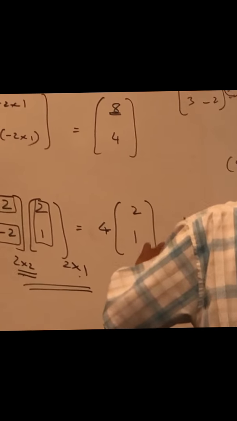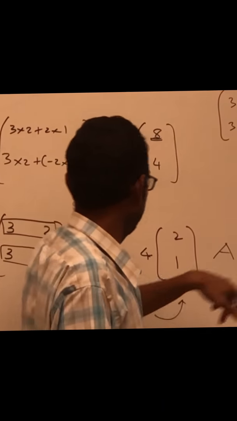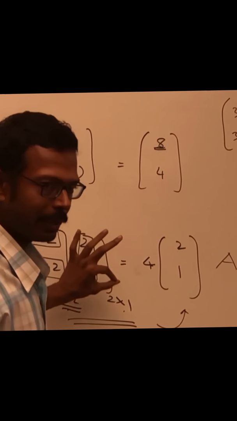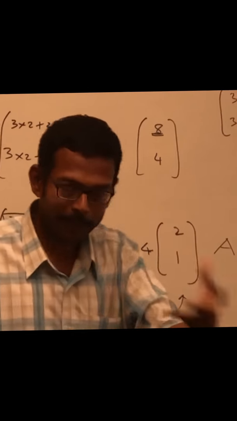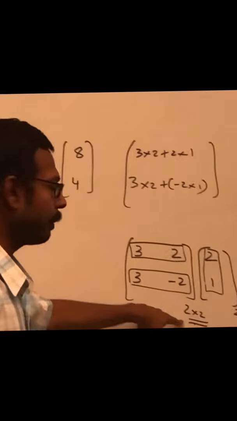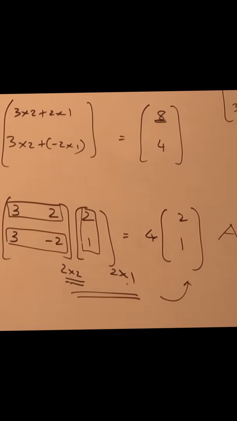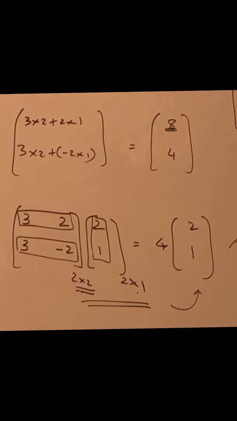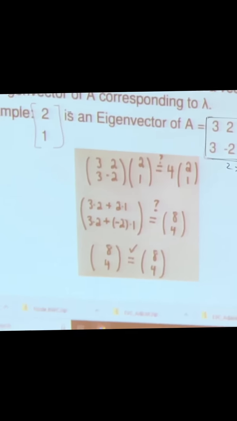So the number of eigenvalues and eigenvectors, again they are corresponding. In this case, 4 is the eigenvalue and (2, 1) is its corresponding eigenvector. So how many such eigenvalue and eigenvector pairs can you have for a matrix? It depends on the dimension of the matrix. Here this is a 2 by 2 matrix, right? So you're going to have 2 eigenvalues and 2 corresponding eigenvectors. If you have an n by n matrix, you're going to have n eigenvalues and each such eigenvalue will